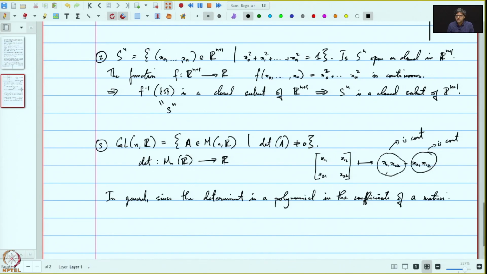So this determinant function is actually a polynomial function in the entries here. So therefore, each coefficient is the projection map, right? And the projection is continuous, therefore polynomials in projections are continuous. So therefore, the determinant map is continuous,